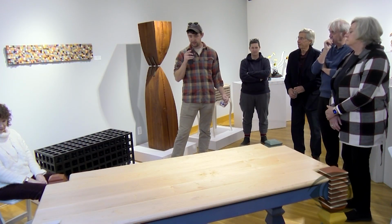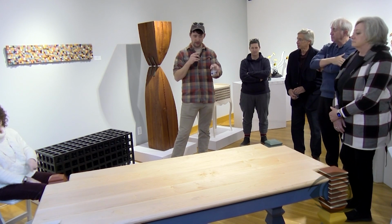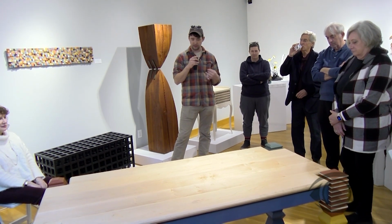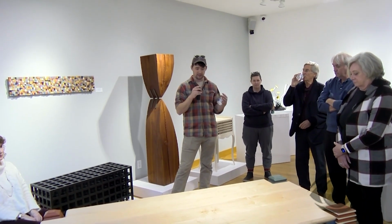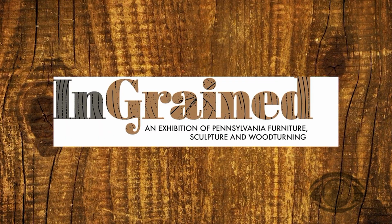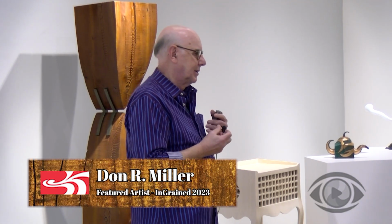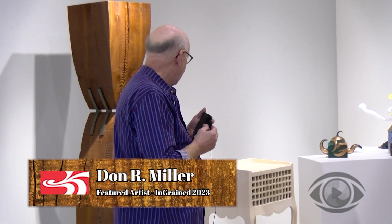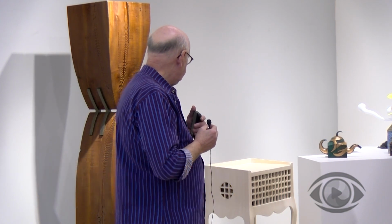And all of these pieces have, maybe not that one, but this one has a very rough texture to it that I really like. I really like to use joyful processes that bring me joy, and very bold colors, obviously, and hopefully some of the joy that I put into the pieces comes across on the other side. So, thank you. I was fortunate enough to do a residency in Sweden 6 or 7 years ago, and I